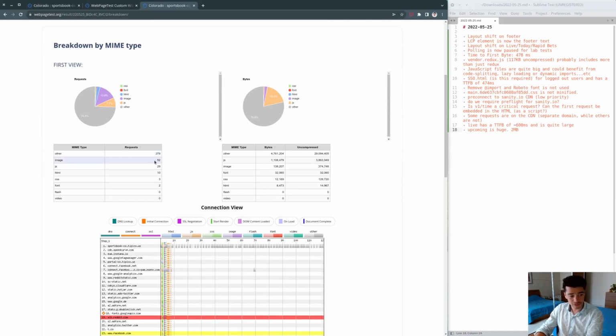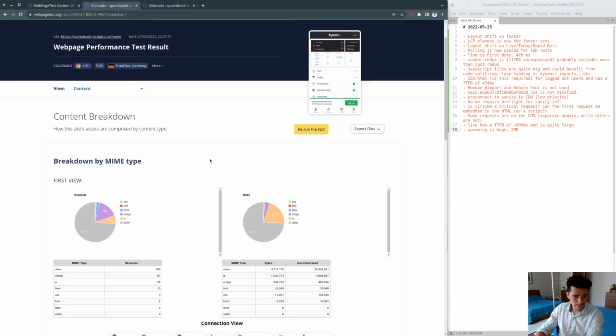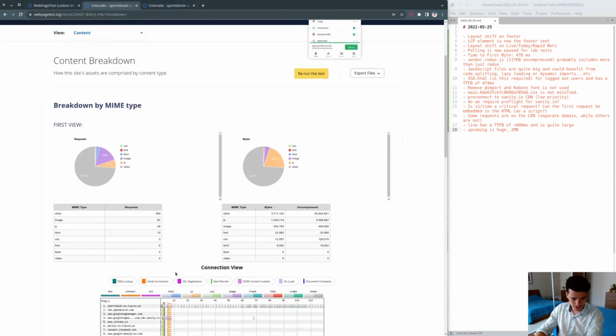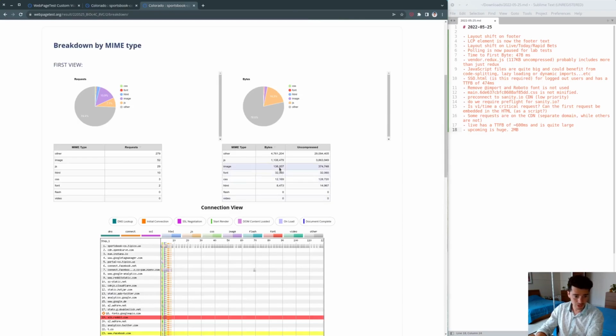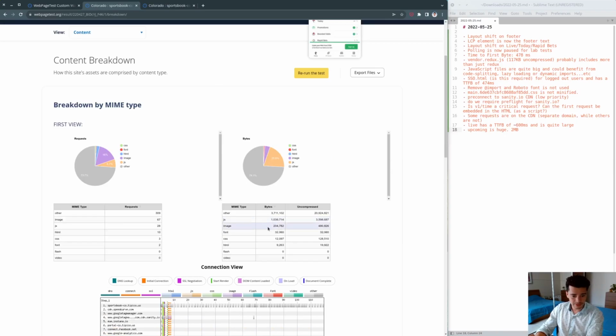So images 52, still more than we need probably. So we chopped off a few images. In terms of size, we went from 204 compressed to 138, so that's good. JavaScript is the same,